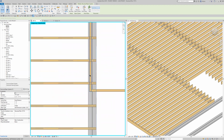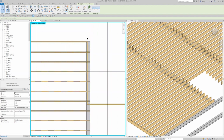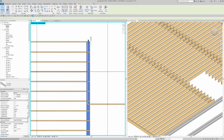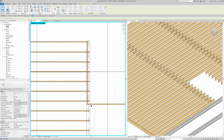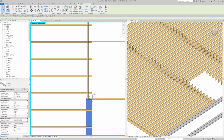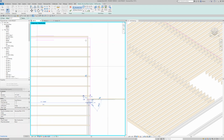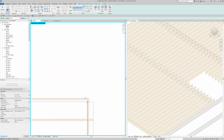Now, something's wrong here because that's my bond, so I can't go beyond the bond. So maybe this guy was extended too far. Maybe he needs to go back down to here. Yeah, I think that's better. Okay. Now I have to edit the boundary, and this magenta line is going to change to here. Let's see what happens if I want it to go to the face of the rim joist. So that's good. Now I have to do a little cleanup